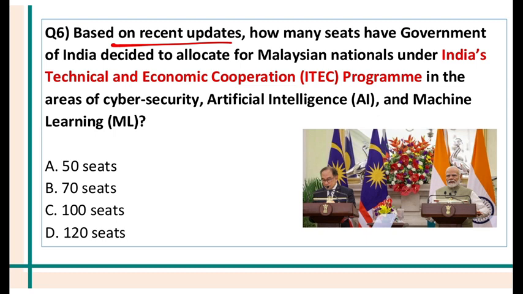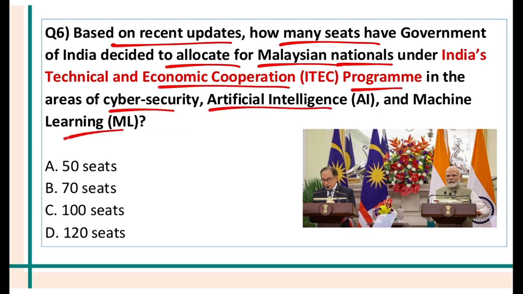Based on the recent updates, how many seats have the government of India decided to allocate for Malaysian nationals under India's Technical and Economic Cooperation Program in the areas of cybersecurity, artificial intelligence and machine learning? So the answer is 100 seats. Now look, the Prime Minister of Malaysia was elected as the Prime Minister in 2022, and since then